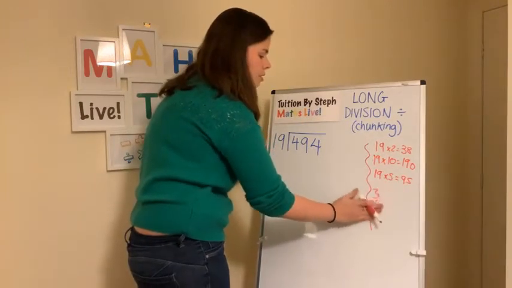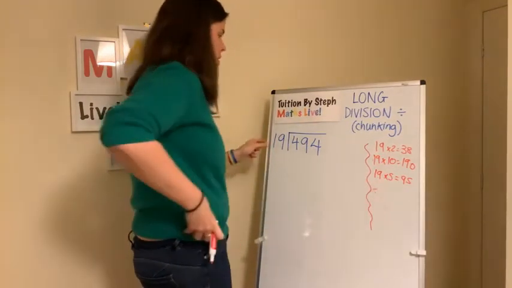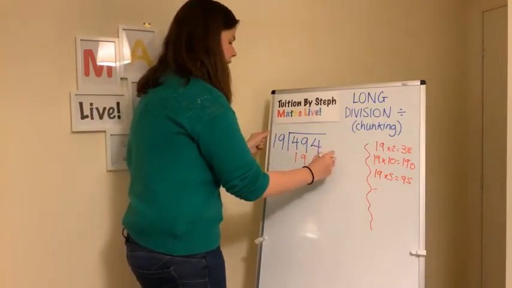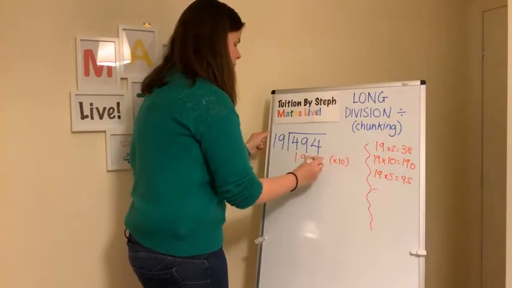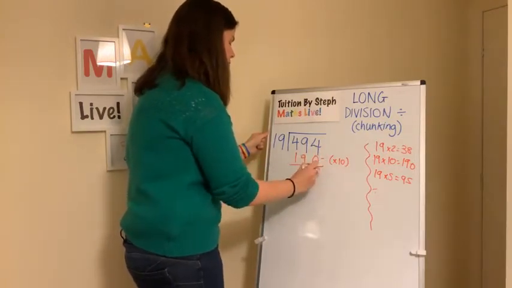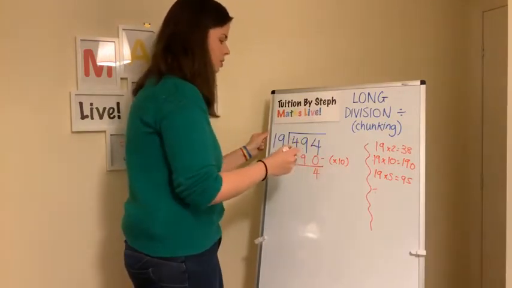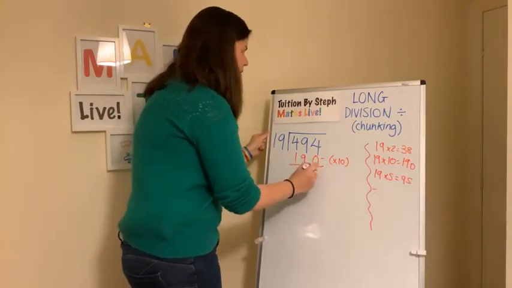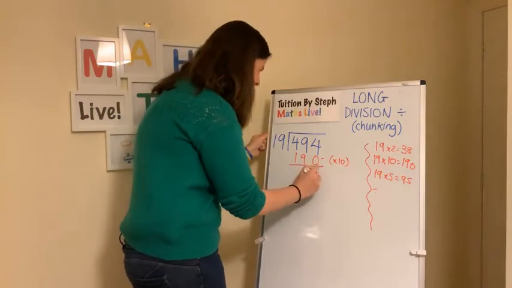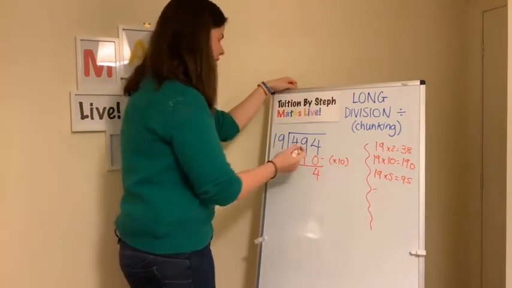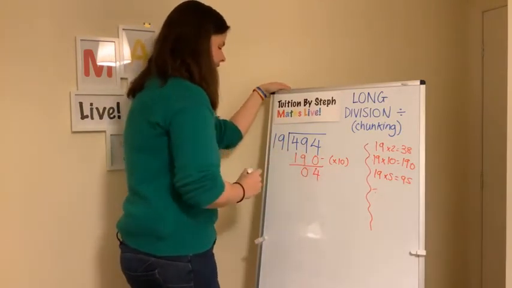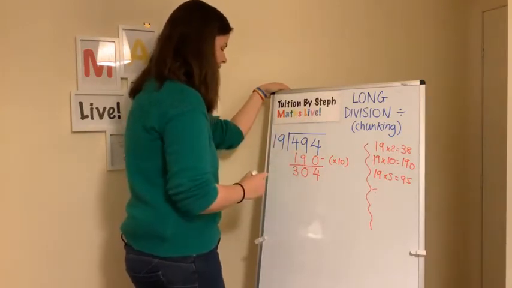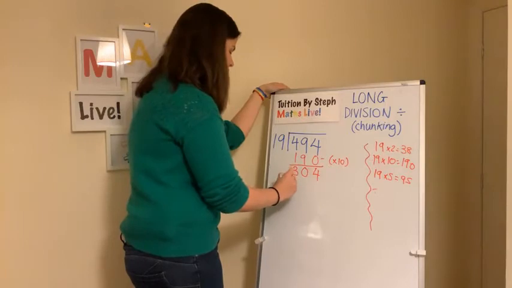Right, let's get started. So I'm going to subtract 190, which is 10 lots. Okay, 4, I'm panicking now. 4 take away 0 is 4. 9 take away 9 is nothing, because you have none left, and 4 take away 1 is 3. Okay, I can take away another lot of 190.